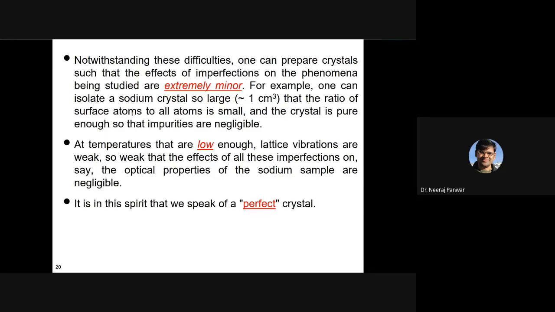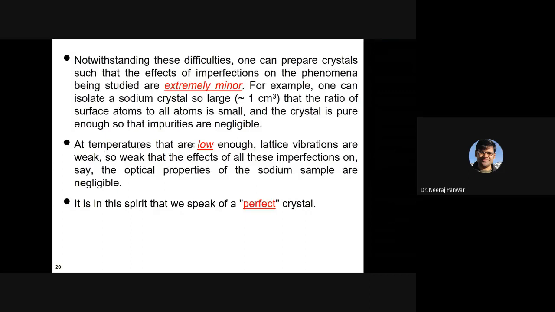And the bigger the size, the larger will be the amount of atoms inside the volume, and the lesser will be the amount of atoms at the surface. And if you study a nanomaterial, in a nanomaterial the number of atoms at the surface is more in comparison to the atoms inside the volume. That's why nanomaterials possess different properties in comparison to their bulk counterpart.